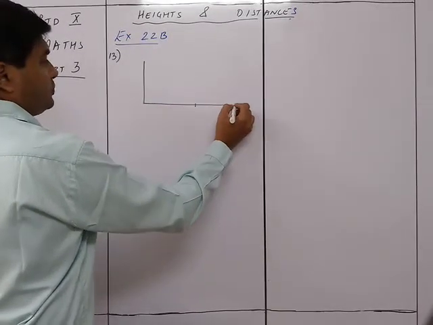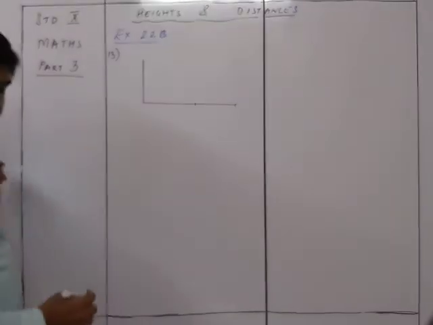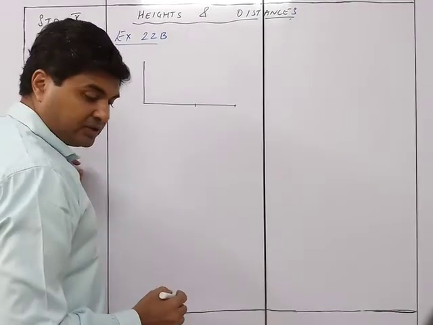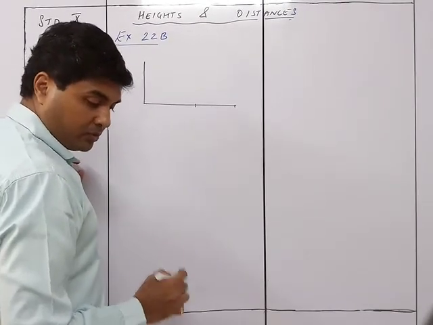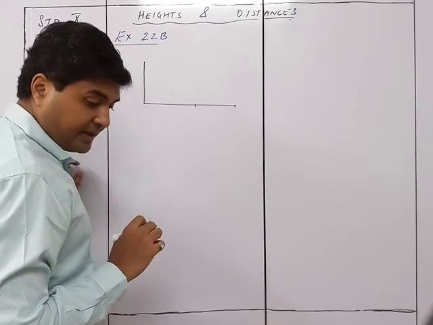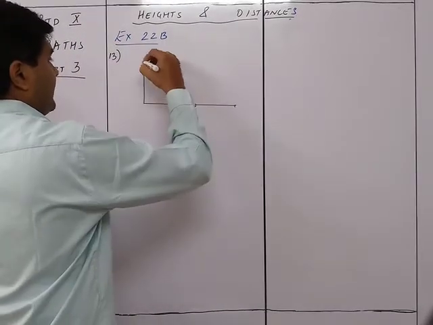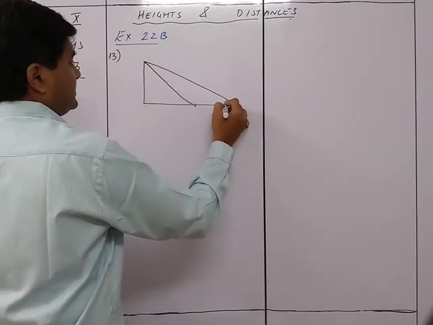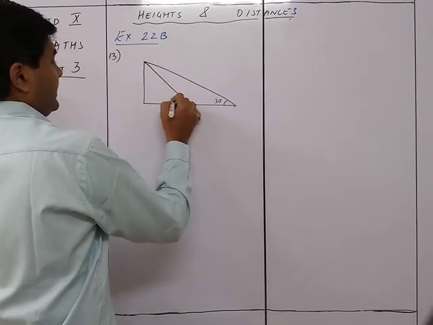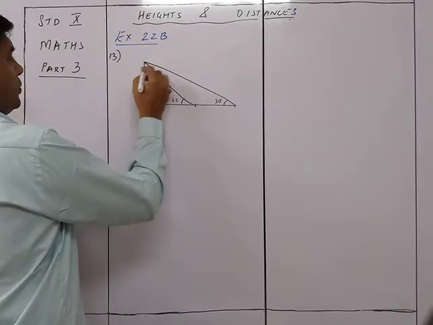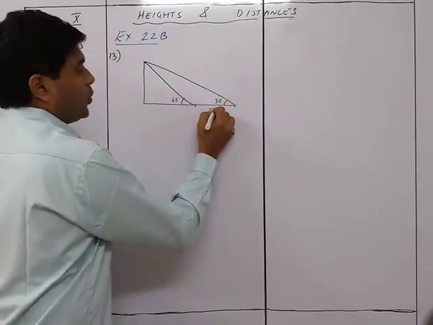So one shadow up to this place and one shadow at this place. And it is given that the sun's altitude is 30 and then it's 45. So this is 30 degrees, this is 45 degrees. And the length of the shadow of this particular tower will be 2y more